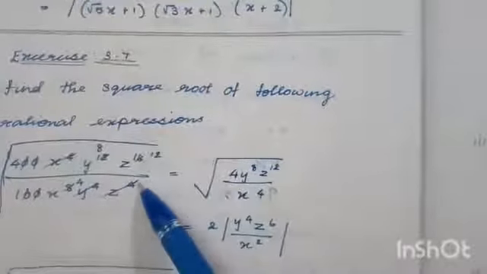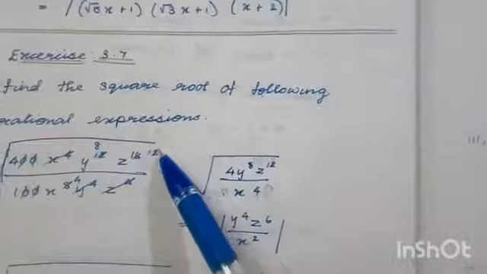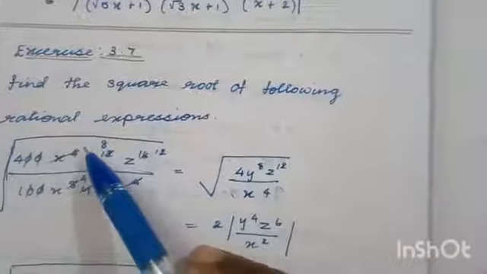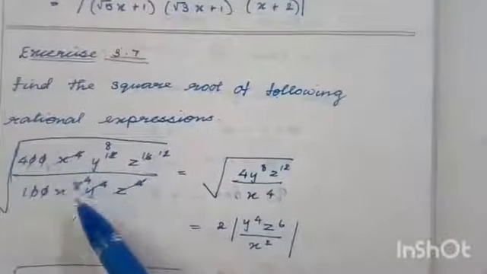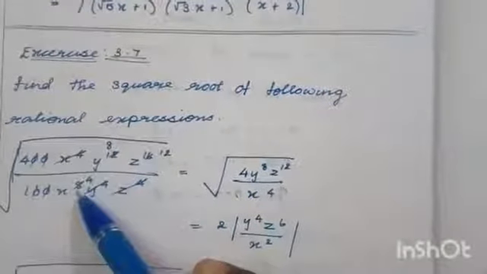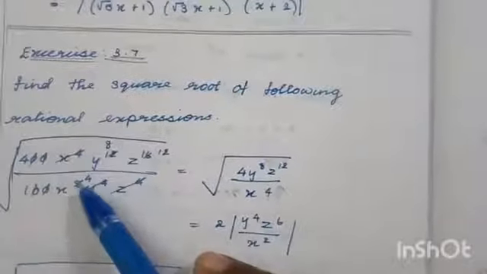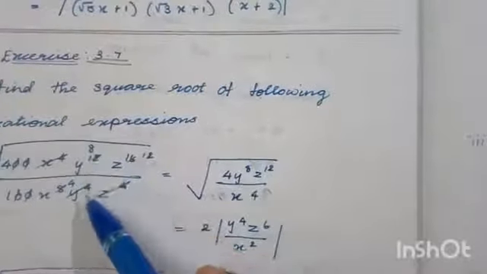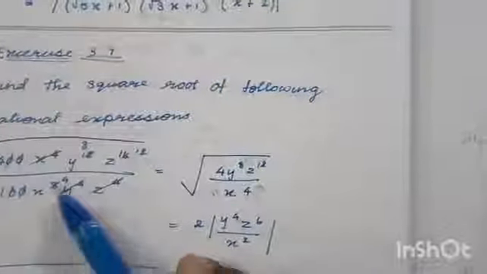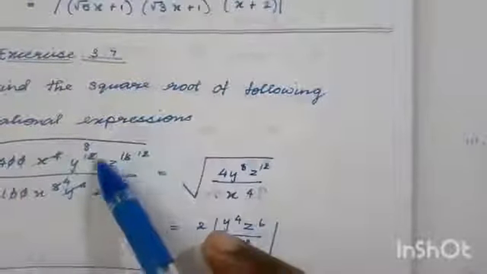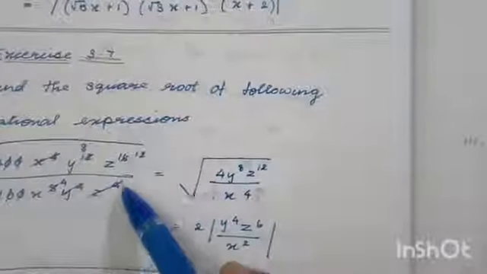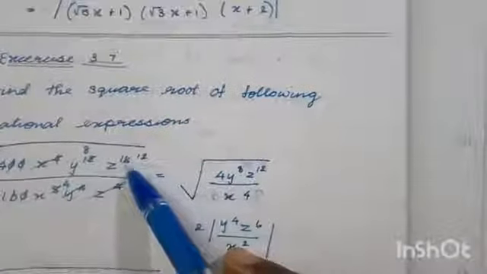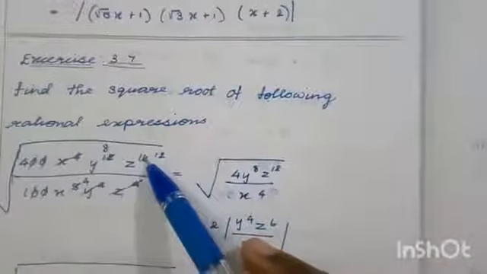Z power 16 by z power 4. Here 4 you have to remove, so that is 12. When we are cancelling fully, it is fully cancelled. Otherwise you cancel only the power. Here x power 4, x power 8, we removed only 4. So cut this 8 and write 4. Here y power 12, y power 4, y power 4 is fully cancelled, so remaining is 8. Now z power 4 is fully cancelled. Here we want to remove only 4, so 16 minus 4, 12. Just cancel the power.